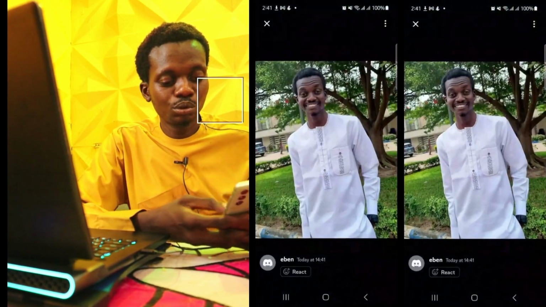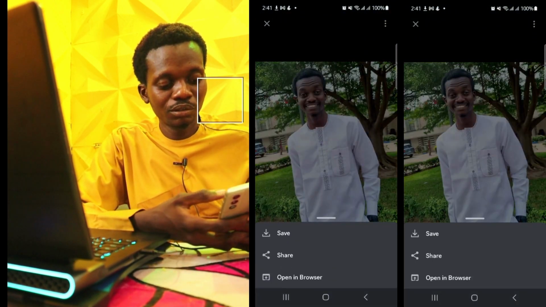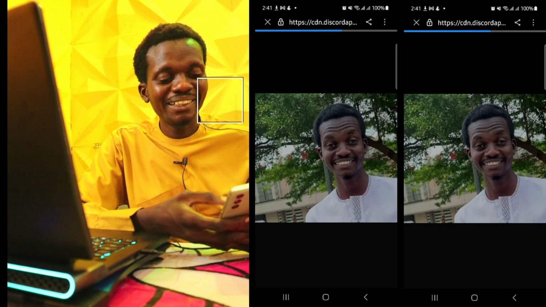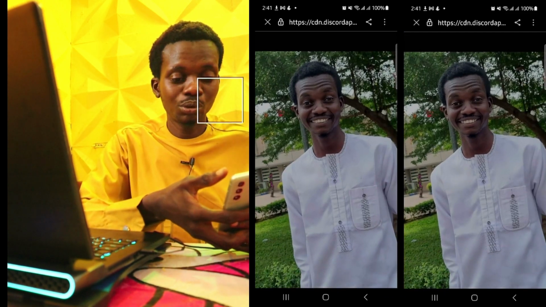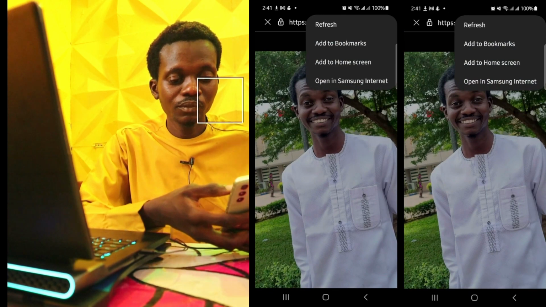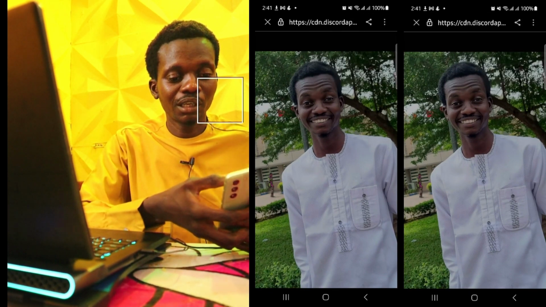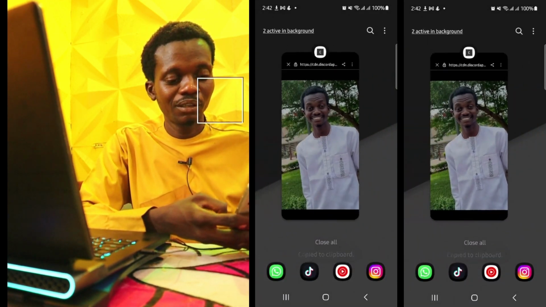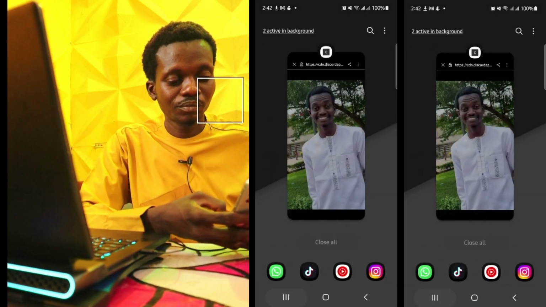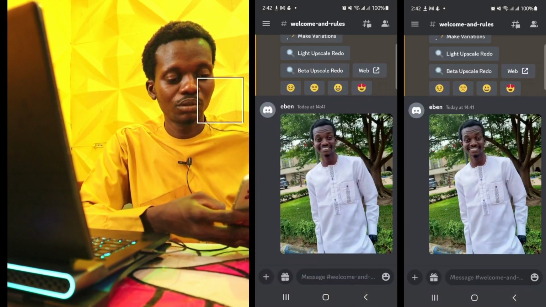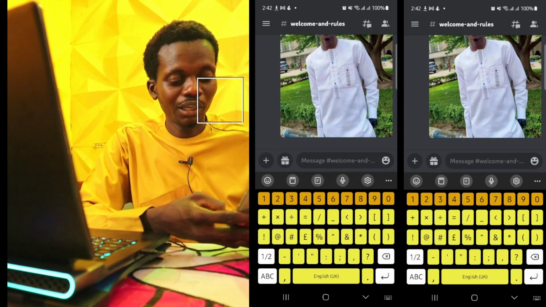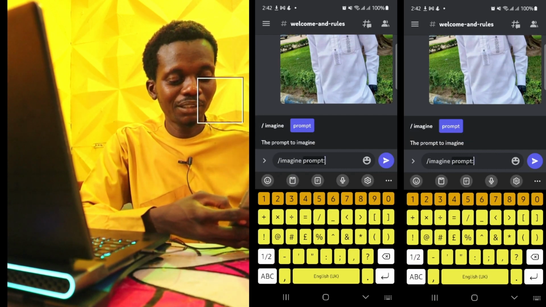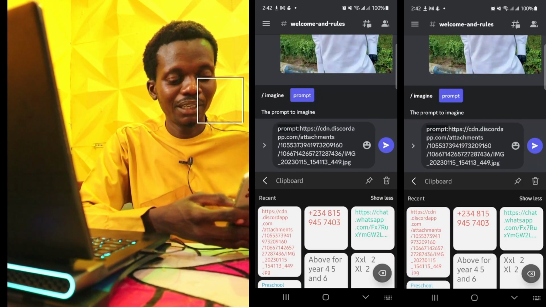So the next thing I'm going to do right now, I click on it, then I click on the three dots button, then I click on browse, then go to my browser, then I will copy the link. So that's what I'm going to do. I copy the link. It's not bringing the link. Okay, I click on the link, there is copy URL, then I go back to Discord and I write slash imagine. I paste that same link,